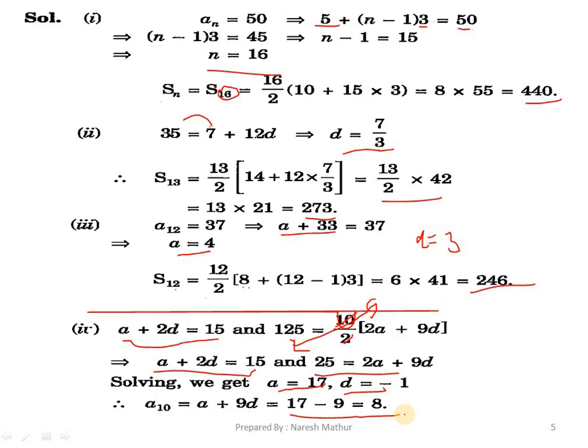Easy. Alright. Next one. We were given D equals 5 and S9 equals 75. S9 means sum of 9 terms is given as 75 and D was given as 5. So we just write the values in the formula. So Sn equals n by 2, 2A plus n minus 1 D. D equals 5 is already given. Just solve it.